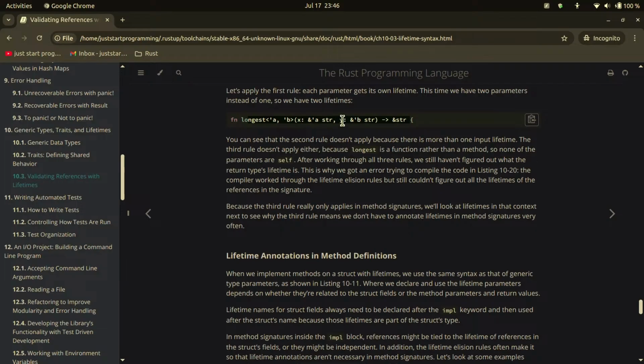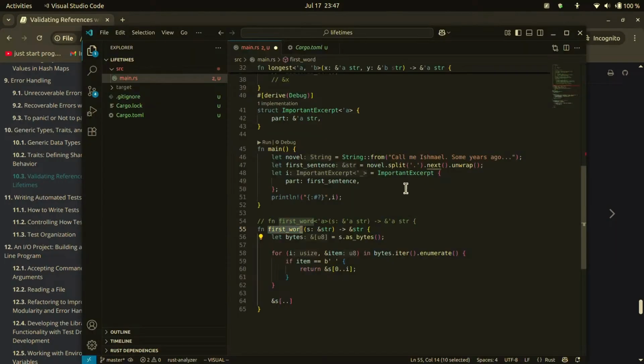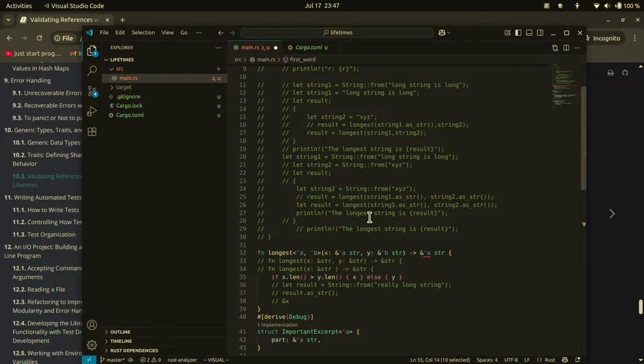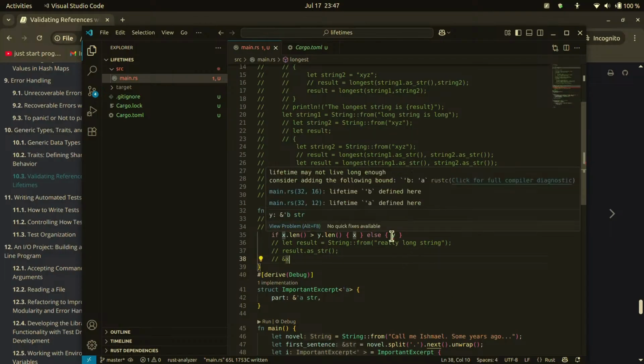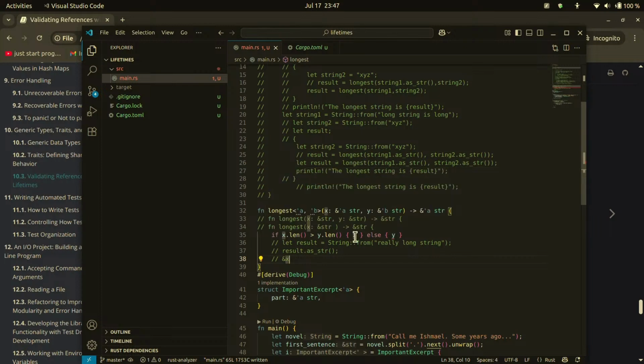If x and y are interchangeably being returned, then we don't know. Can remove the ampersand. Ampersand, no, ampersand apostrophe a. Yes, it will still have an error. Still unsolvable, because now it doesn't know whether it's y or it's x. So the only way to fix that is we return reference x